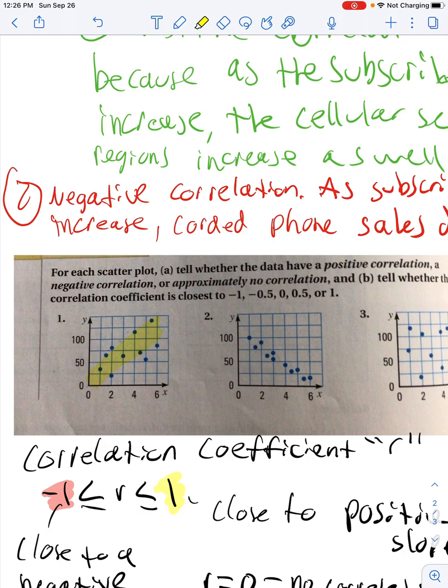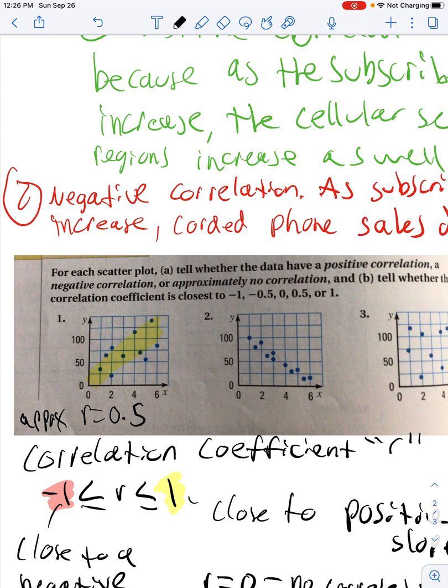It's moving up, but it's not extremely accurate. It's not a tight group of data points. They are a little spread out. So because it's positive, it's either going to be 0.5 or 1, but because it's not super tight and close, I'm going to say that my R is approximately